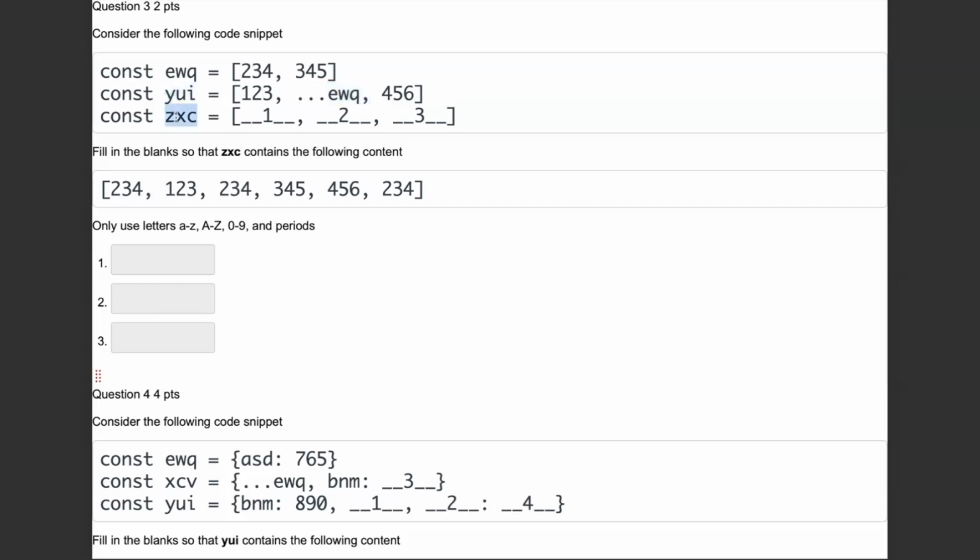And then we have ZXC that declares 3 items. We don't know what they are. It says fill in the blanks so that the resulting array has the following values. So this would be 2, 3, 4, right? 1, 2, 3, 2. Oh, okay. Well, all right. So notice that we do have